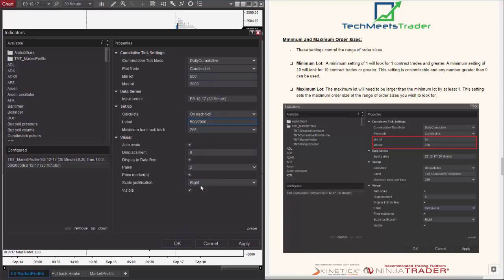The label, you can literally name it anything you want, or leave it blank, or just let it be TMT Cumulative Tick Volume Indicator. Here I'm just going to put it 500 to 2,000. Helps me keep track of what I'm looking for. So here we're going to look for it